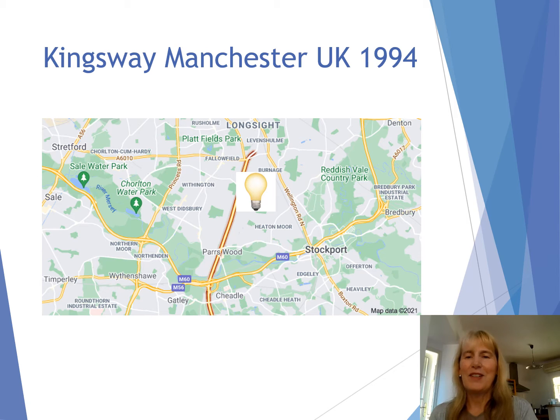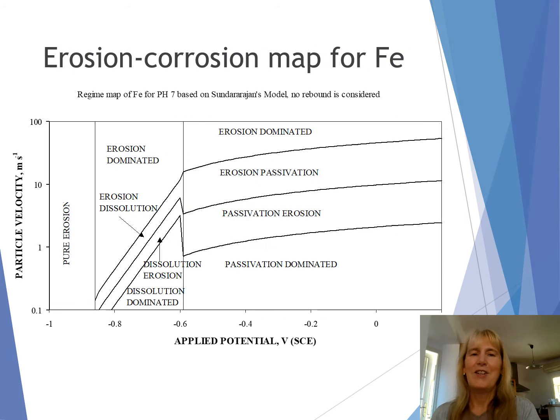And I think about a fortnight later, I was travelling down the Kingsway in Manchester, and this is a little bit of a light bulb moment, the traffic lights went from green to red, and then to green again. In that short interval, I'd worked out the boundaries of the Erosion-Corrosion Map. That was 1994. The following year, we generated a paper just to show what those boundaries were in the